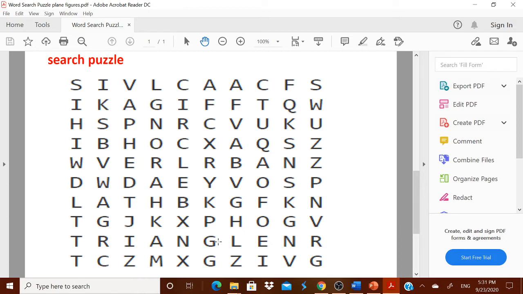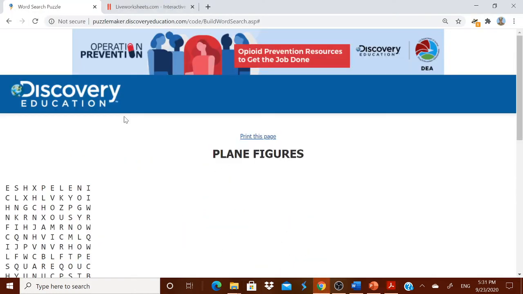Okay, now this is the way to do it. First you make the grid and first fix the words for which you are going to ask the child. Then using those words you make the word search puzzle grid. But don't make it very big. I think I have made 10 cross 10. Okay, all of you know how to start.